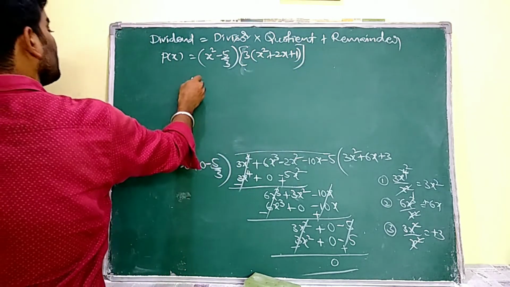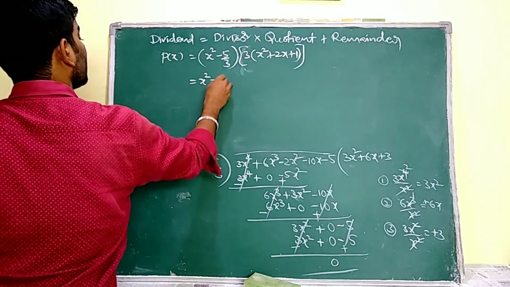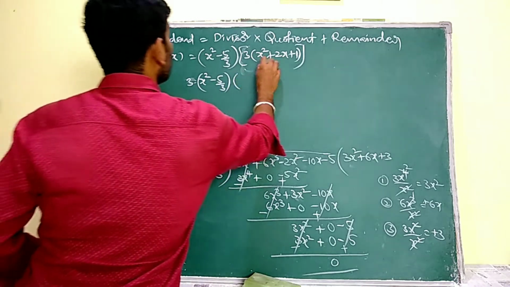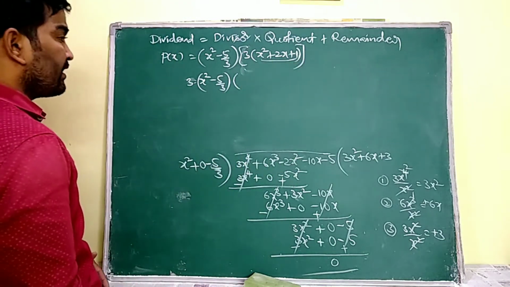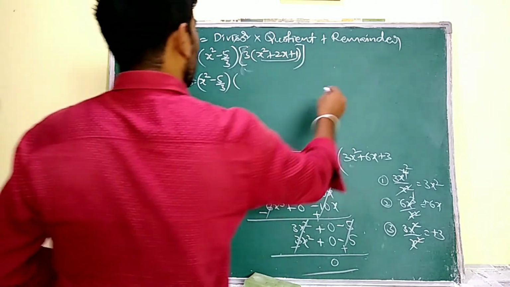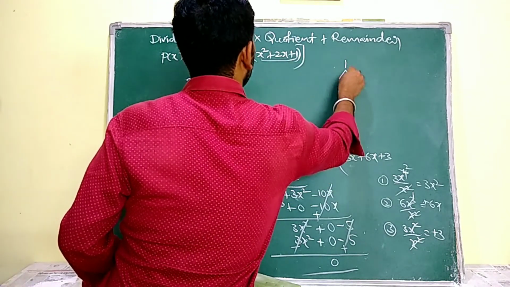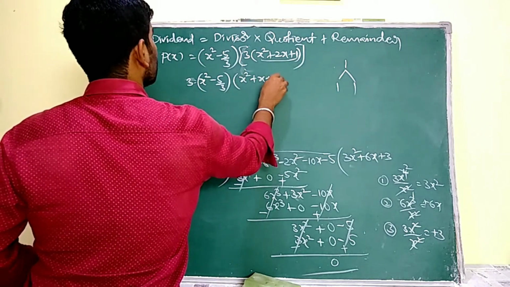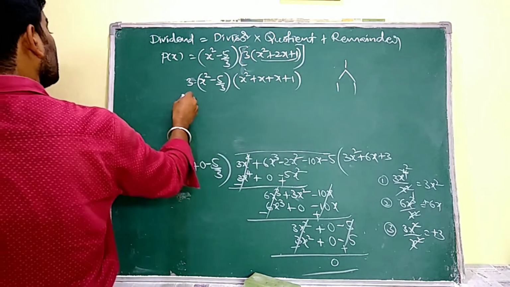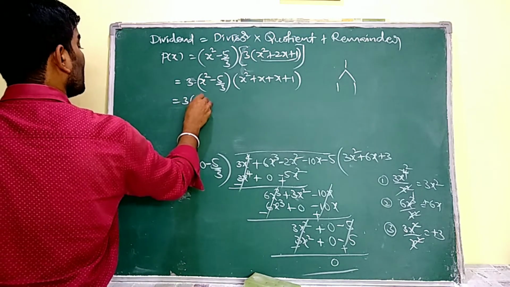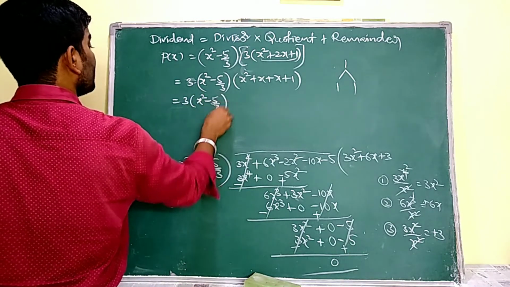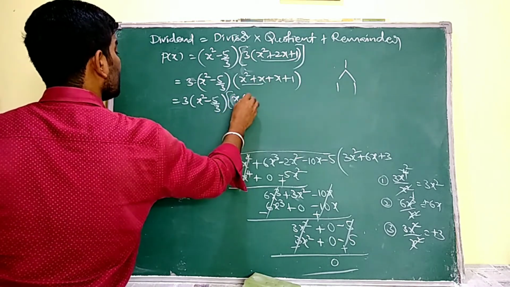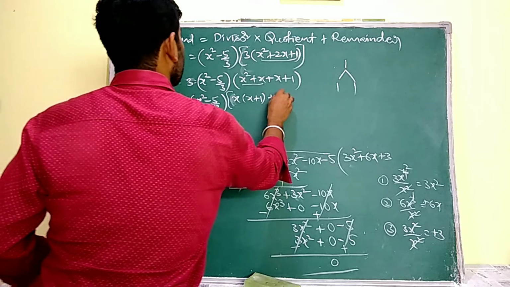So now see, it is x square minus 5 by 3, and this 3 I am going to write outside. Now it is x plus 1 whole square. If you can write directly you may write, else you have to factorize this. So x square plus x plus 1. So 3 into x square minus 5 by 3 into, see, if I take out x common in the two terms, then x plus 1 is the next term.